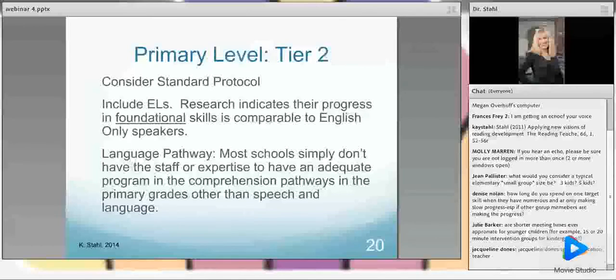Also include ELs in this instruction. Research indicates that their progress in foundational skills is comparable to English-only speakers. Please do not wait to put them in those Tier 2 groups. Please do not wait to put English learners in their Tier 2 reading groups if their need is the foundational skills. Now, if we jump down to the language pathway on our cognitive model,